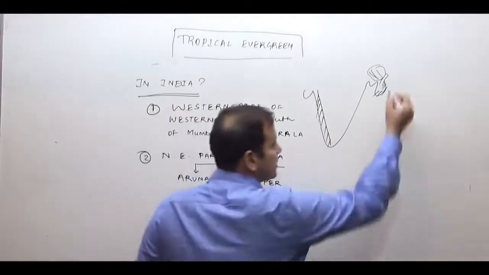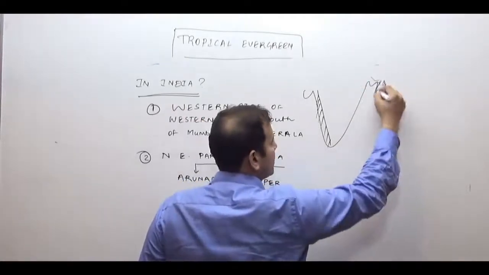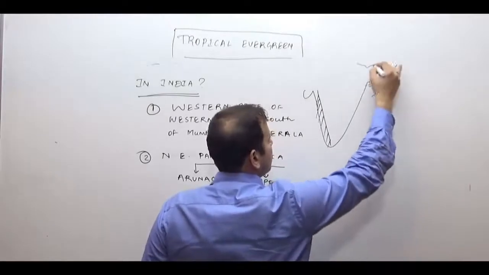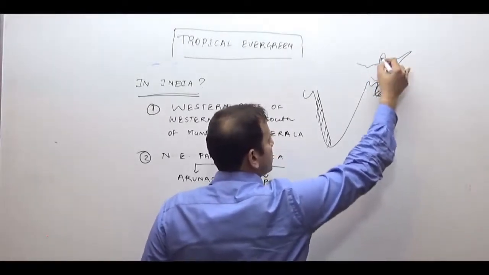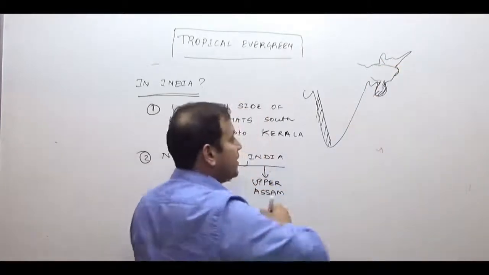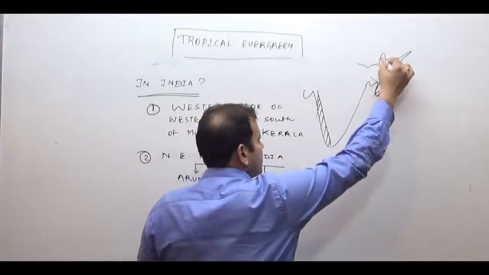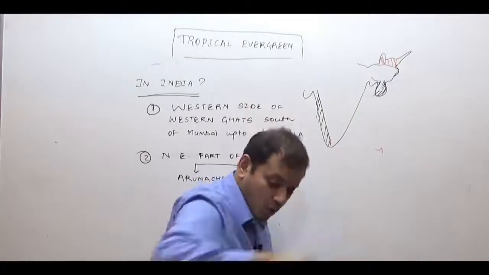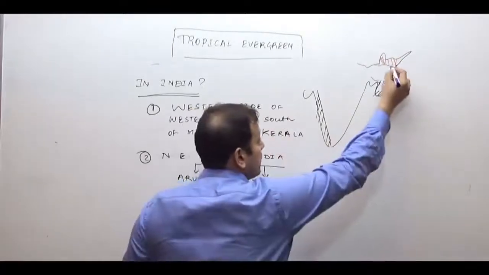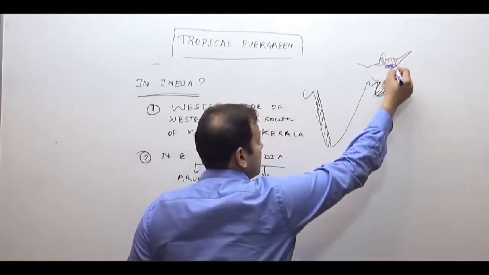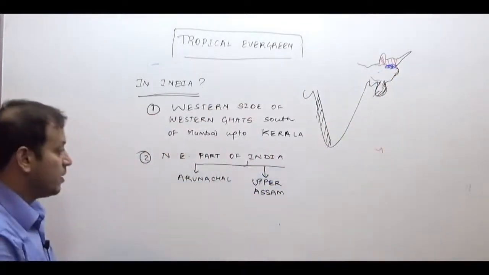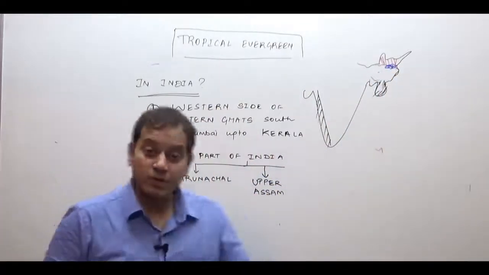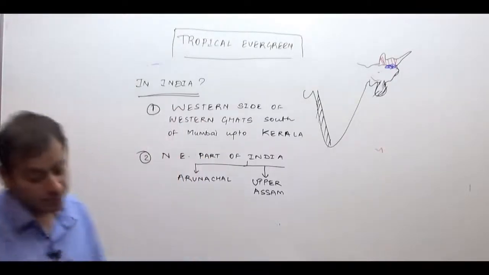Upper Assam means, if we see the Brahmaputra Valley region, this is the Arunachal Pradesh region, the red shaded part. This is the state of Arunachal Pradesh, while the upper part of river Brahmaputra is the Upper Assam region. Then comes the Lower Assam region. So the Upper Assam region, Manipur, Mizoram, Nagaland, Tripura,